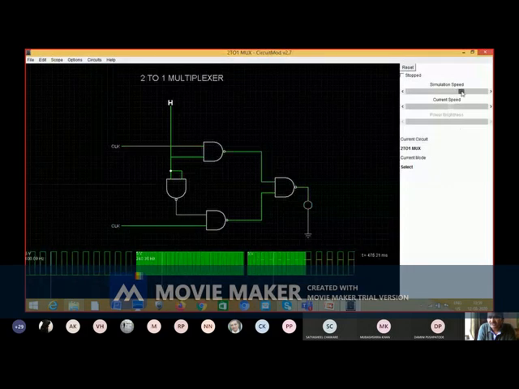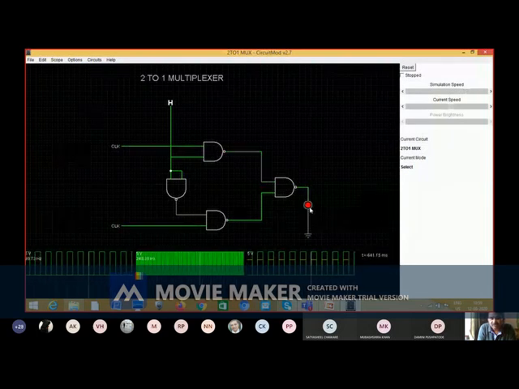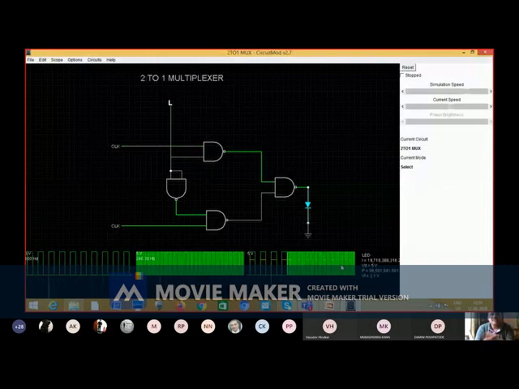So I'm just increasing speed of my simulation so that you can see. So now this gets selected. If this is low, second gets selected. This way, multiplexers experiments can be studied.